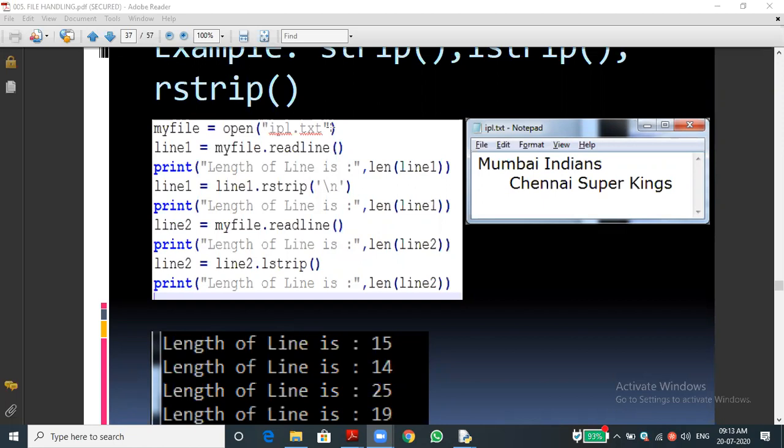If the question is asked, which mode? Read mode. So if you don't mention the mode, the file will open in reading mode, that is r mode. We cannot write anything into it. If you want to open in write mode, we need to mention w. By default, it will open in read mode.